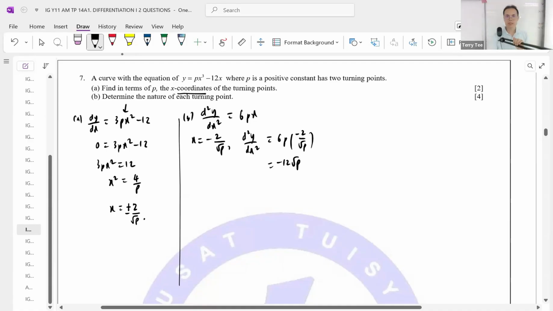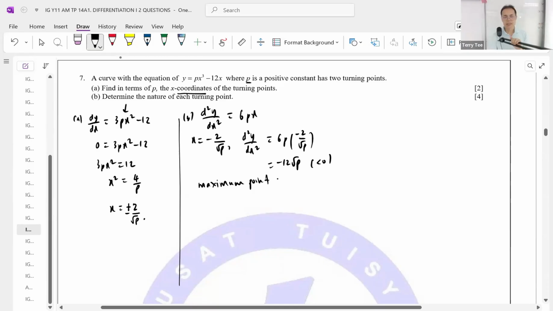Now, my question is, is this positive or negative? Guys, tell me. This value is definitely negative. You square any number, it is always going to be positive, and p is a positive constant. P cannot be a negative constant because, for example, if you put negative 4, what will happen? You get math error, right? P itself is a positive constant. So this is positive, you square root it, it is positive. You times negative 12, this is less than 0. Therefore, what type of turning point is this? It's a